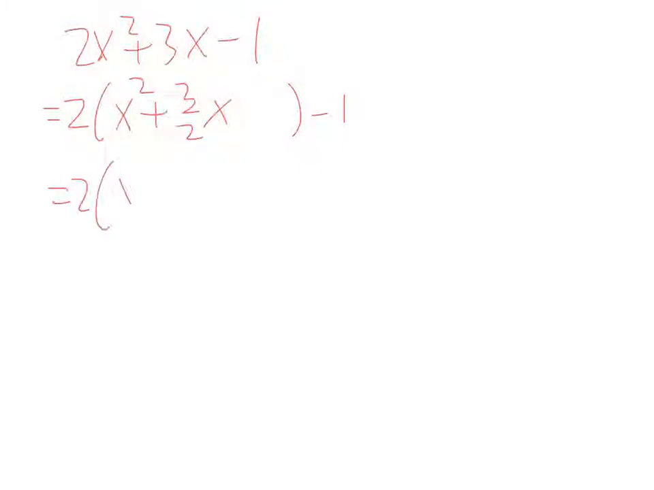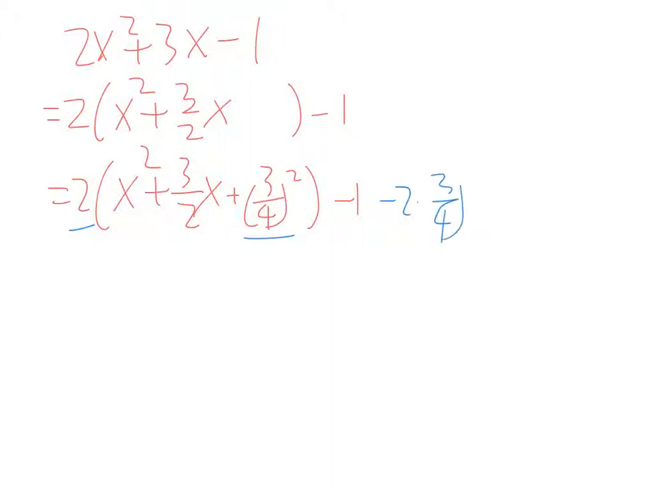Okay, so remember the rule of finding the third term to complete the square. It should be the square of half of the middle coefficient. The middle coefficient is 3 halves. Half of 3 halves is going to be 3/4. Remember to square that. Minus 1 is from here, right? But look what we did. We actually added 2 times 3/4 squared. So that means I need to subtract 2 times 3/4 squared